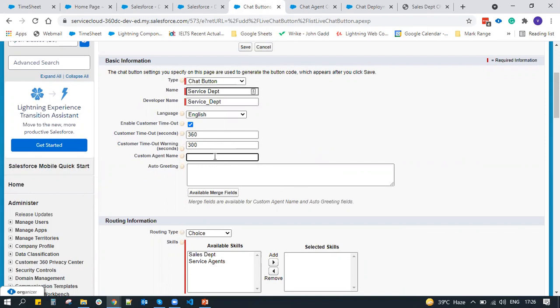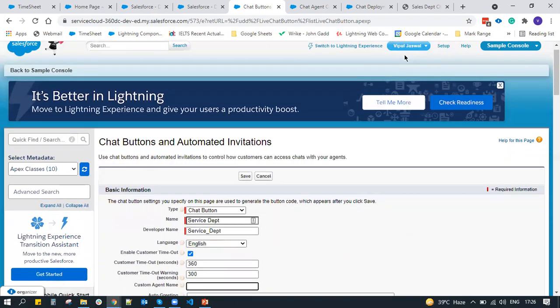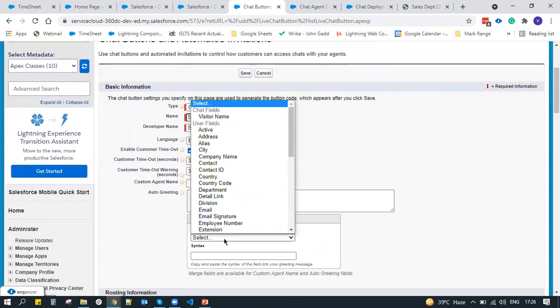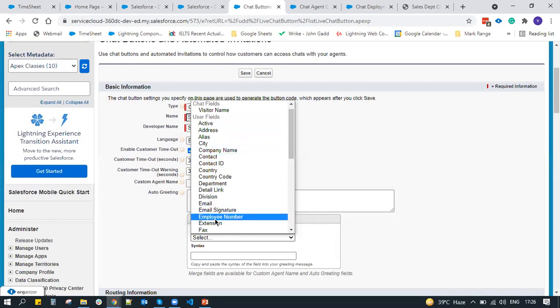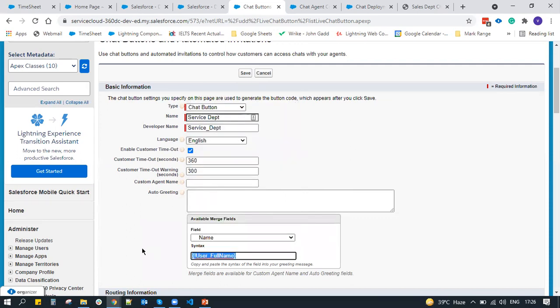For example, in this organization my name is Vipul Jaswal. If you want to show this name to the customers, you can give merge fields here. To select the merge field, go to available merge fields, and from here you can select, let's assume I want to show my last name, or you can show the name. Just copy it and paste it here.